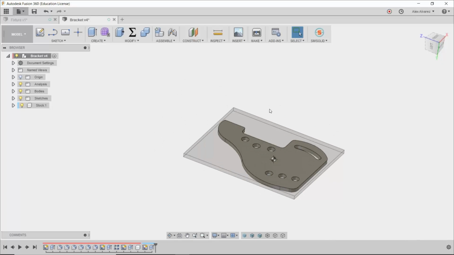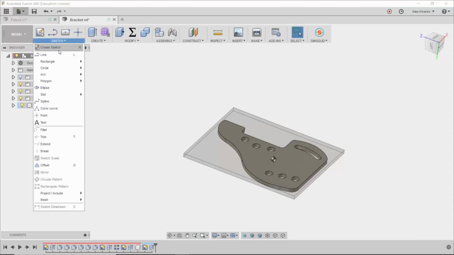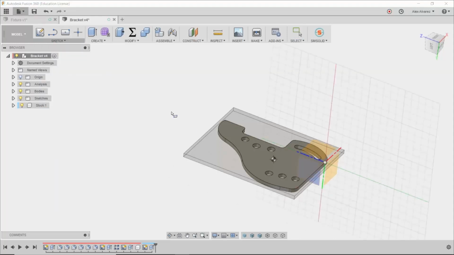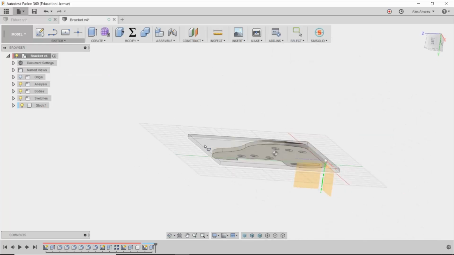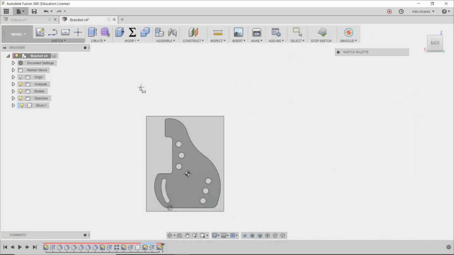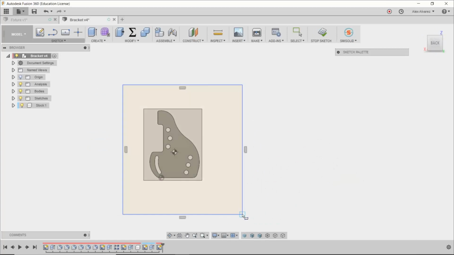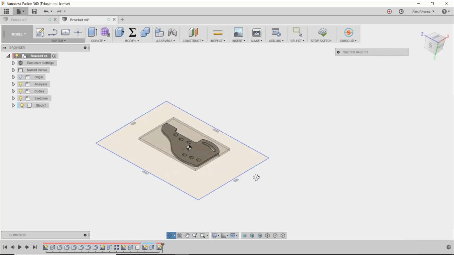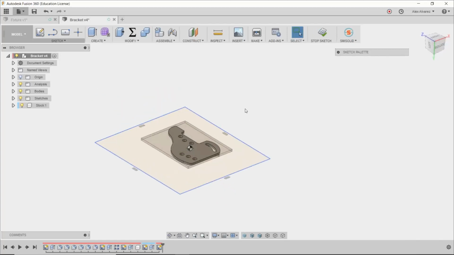I'm going to start off by creating a pretty large rectangle, right? So let's go ahead and do that. We do Sketch, Rectangle, 2-Point Rectangle. We want the rectangle to be over here on the bottom, and just create the rectangle. So let's pause there for a minute. What's going on here? I created that sketch, but where was that sketch created? It was created under the bracket